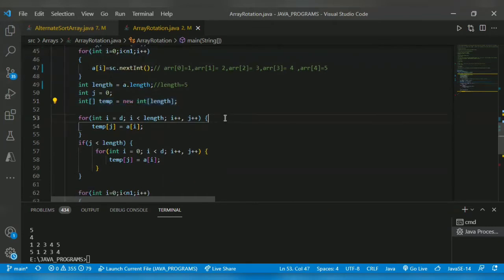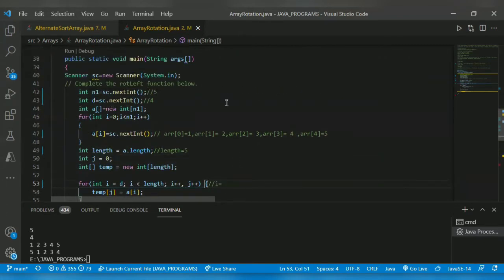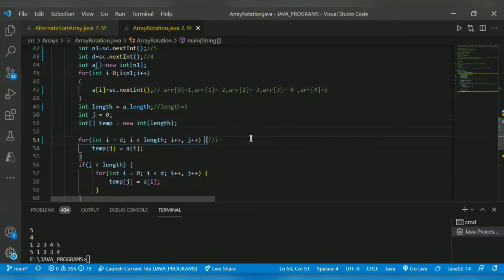Then I begin with the for loop, int i equal to d. D means the number of times the rotation will occur, which is 4. So now i is equal to 4. Then i less than length. Length is 5.